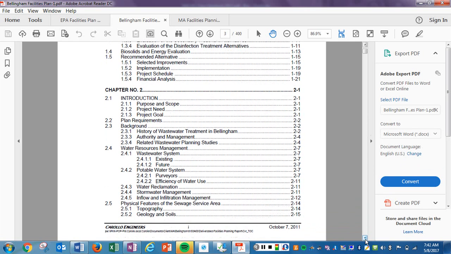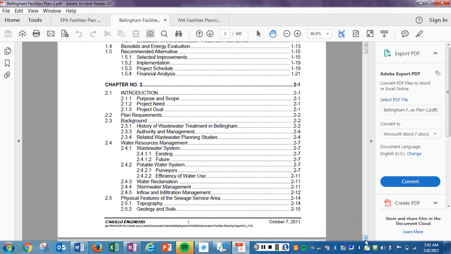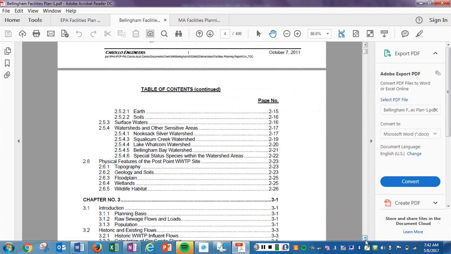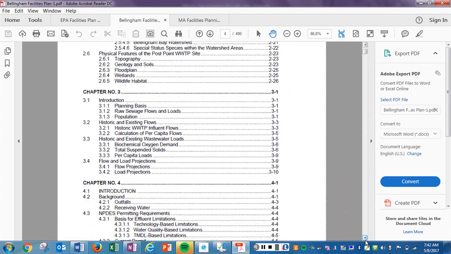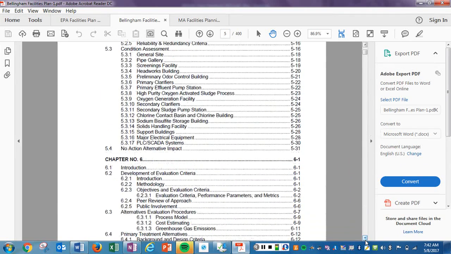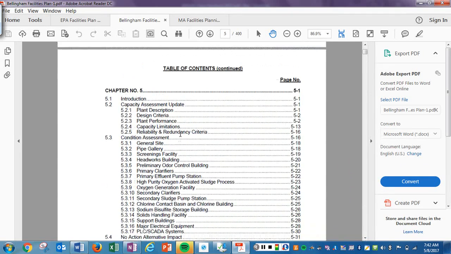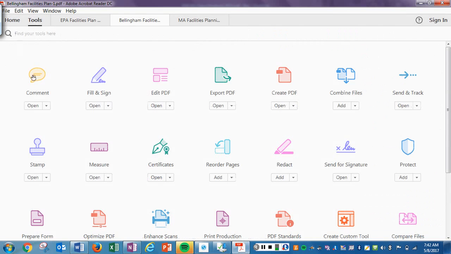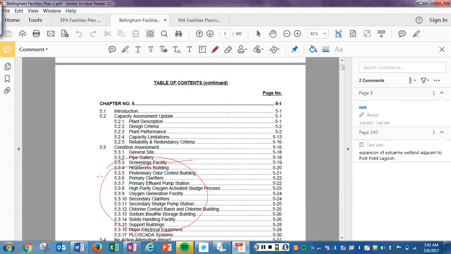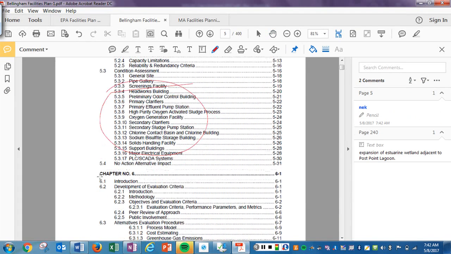Now, some of this stuff does not apply to you, but you will notice the introduction has a lot of information in it, and then you can see this really follows that EPA document, and you can see how they walk through all of the different sections with facilities and screening, etc., SCADA,